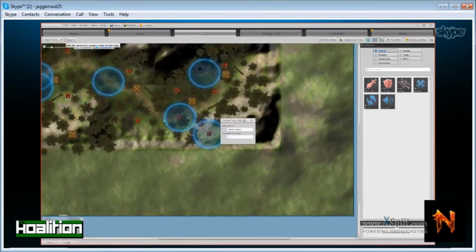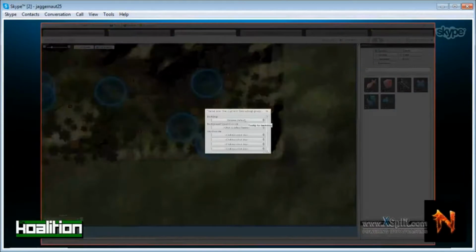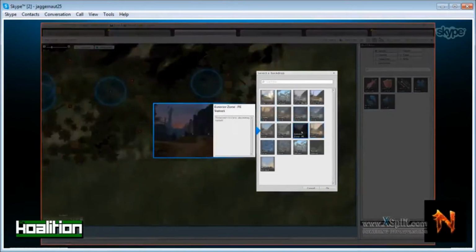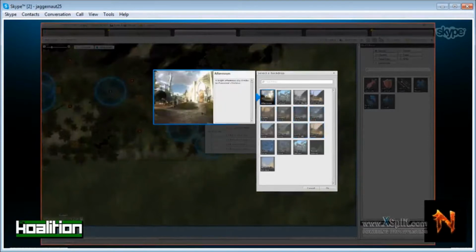We can rename our map if we want to, but I like the name of the map, so we're going to leave it. We have Edit Backdrop, which is really cool. Let me show you that really quick. We can set what the sky and everything is going to look like. So this is, oh, wow. Yeah. So these are various